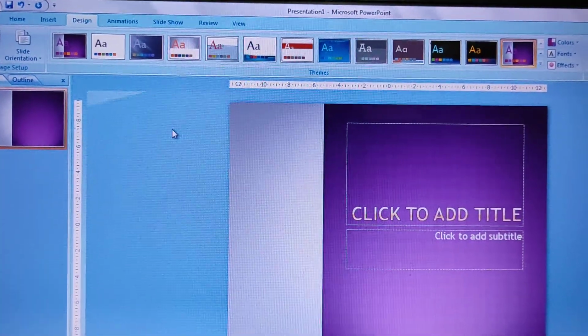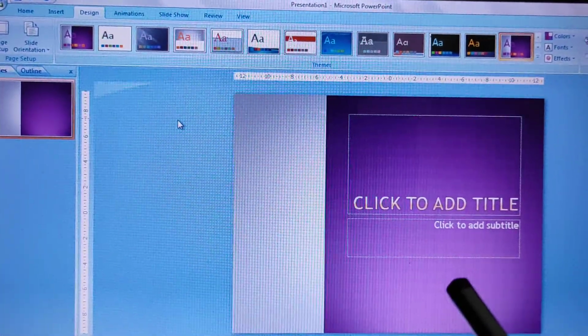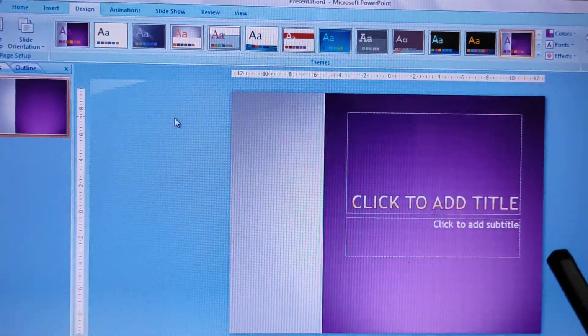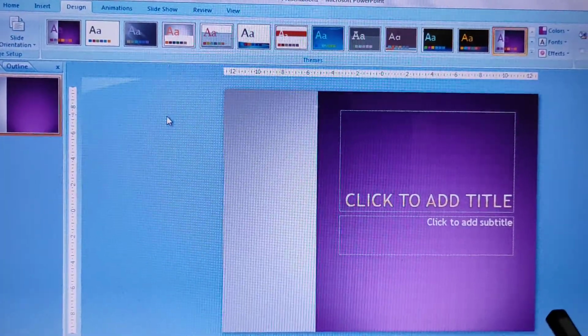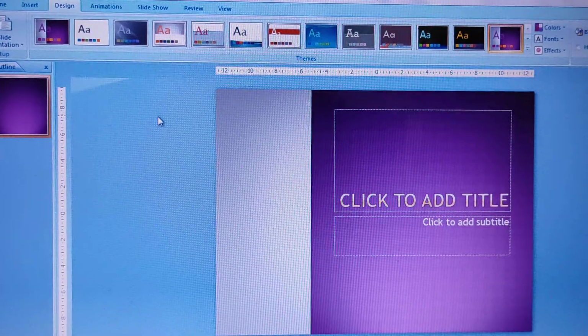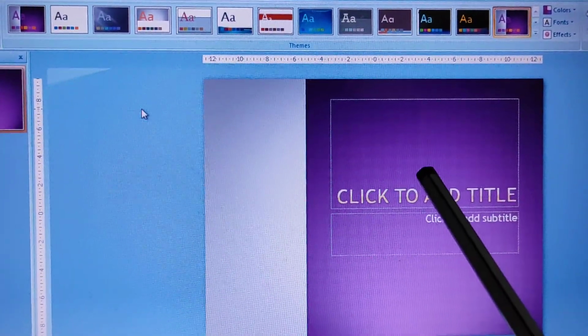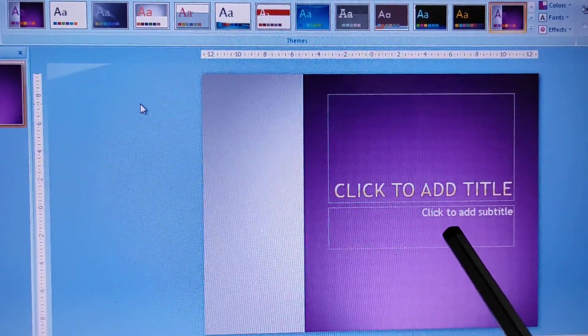Next is how you can create a title slide. So the first slide we call a title slide. So PowerPoint assumes that every new slide has a title. Any text typed after a new slide displays becomes title text in the title text placeholder. This is the title text placeholder and this is the subtitle text placeholder.